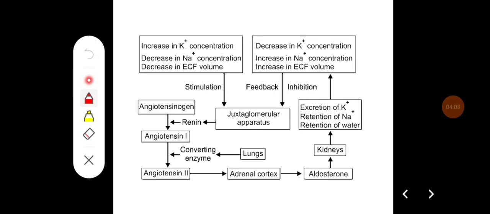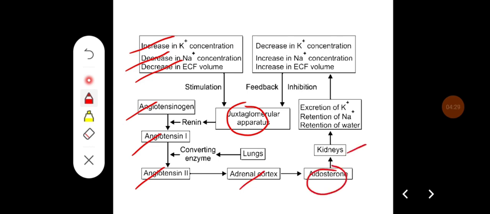So whenever there is an increase in potassium concentration, decrease in sodium concentration, or decrease in extracellular fluid volume, it stimulates the juxtaglomerular apparatus to produce renin, which leads to angiotensin. Angiotensin gets converted into angiotensin 1, then 2. Then it stimulates the adrenal cortex to produce aldosterone. Aldosterone acts on the kidney, and it helps in excretion of potassium, retention of sodium, and retention of water. Thus it decreases potassium concentration, increases sodium levels, and increases ECF, which by feedback